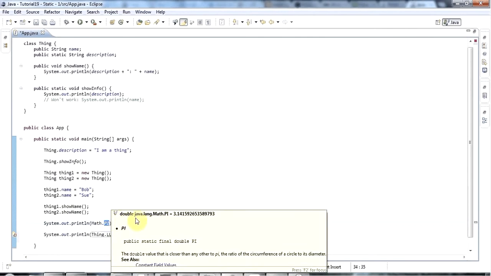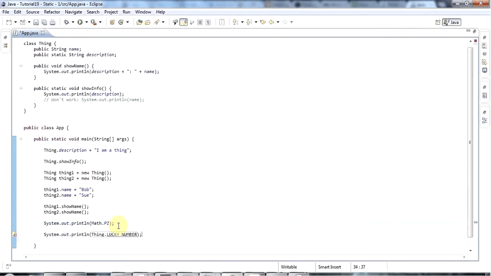Now see, pi is a constant, which means I can't reassign it. I can't do Math.PI equals 3. If I save that, let's comment this out as well. So this will give me an error: the final field Math.PI cannot be assigned. It's constant, meaning it's unchangeable. And